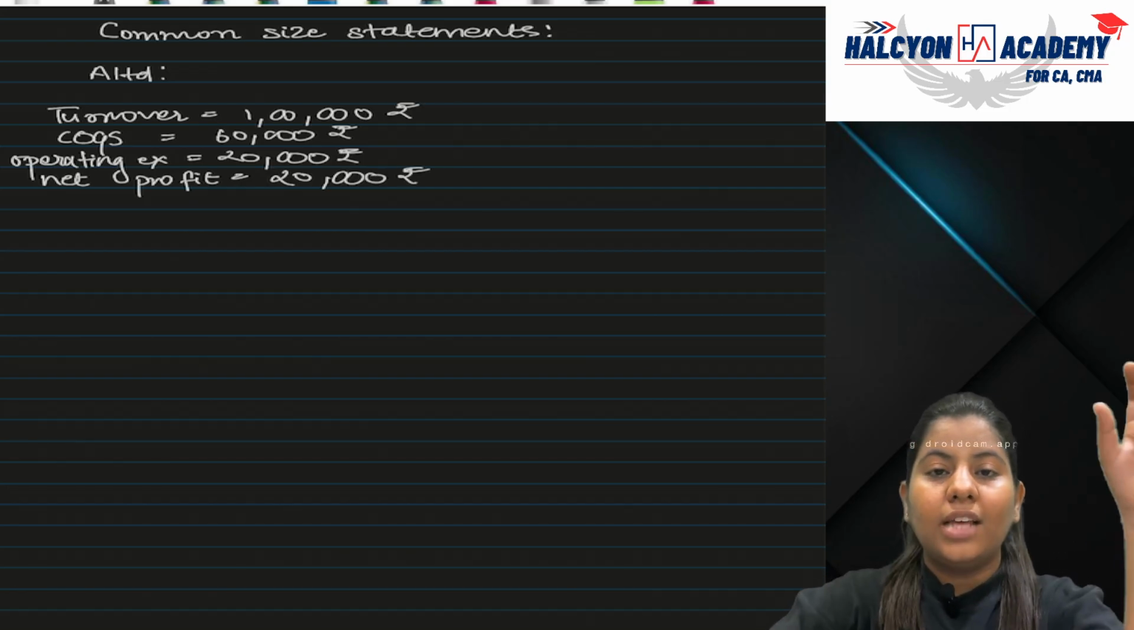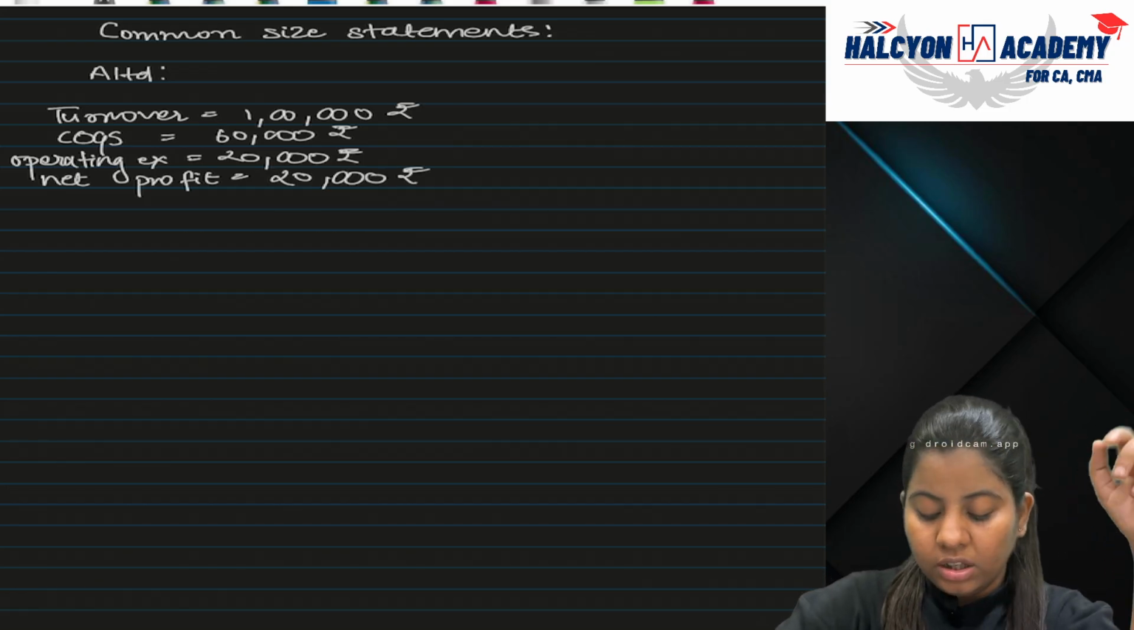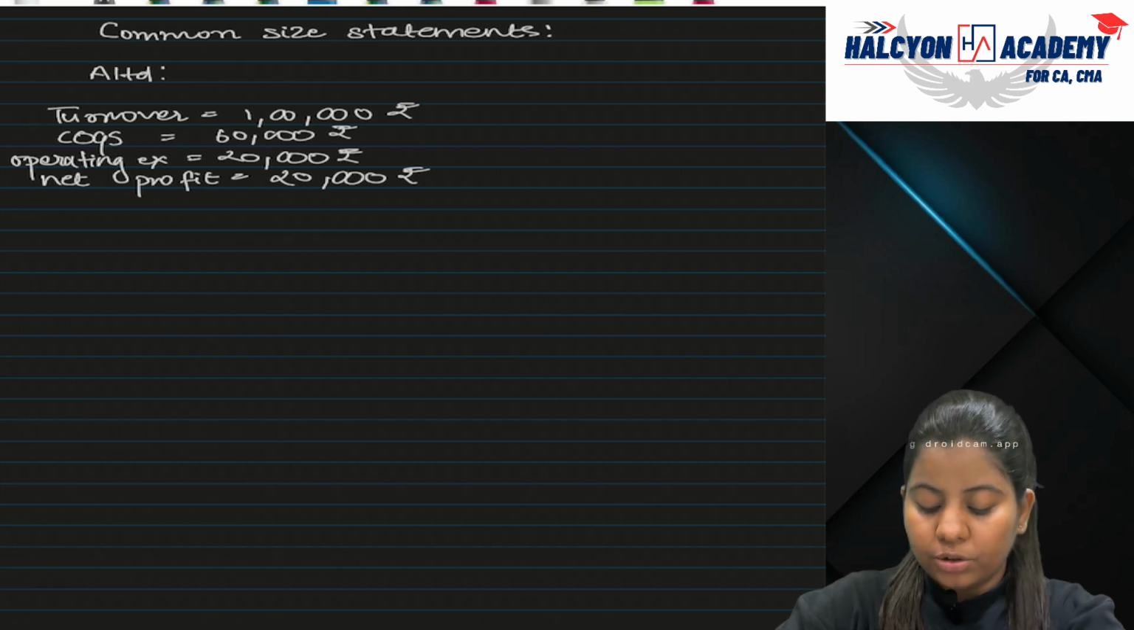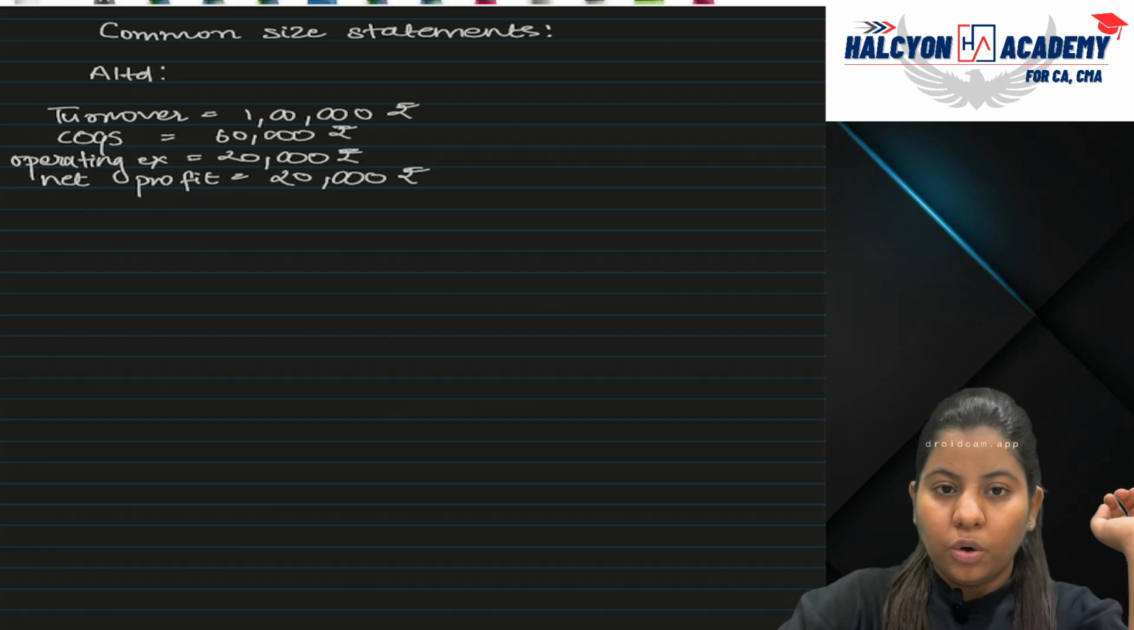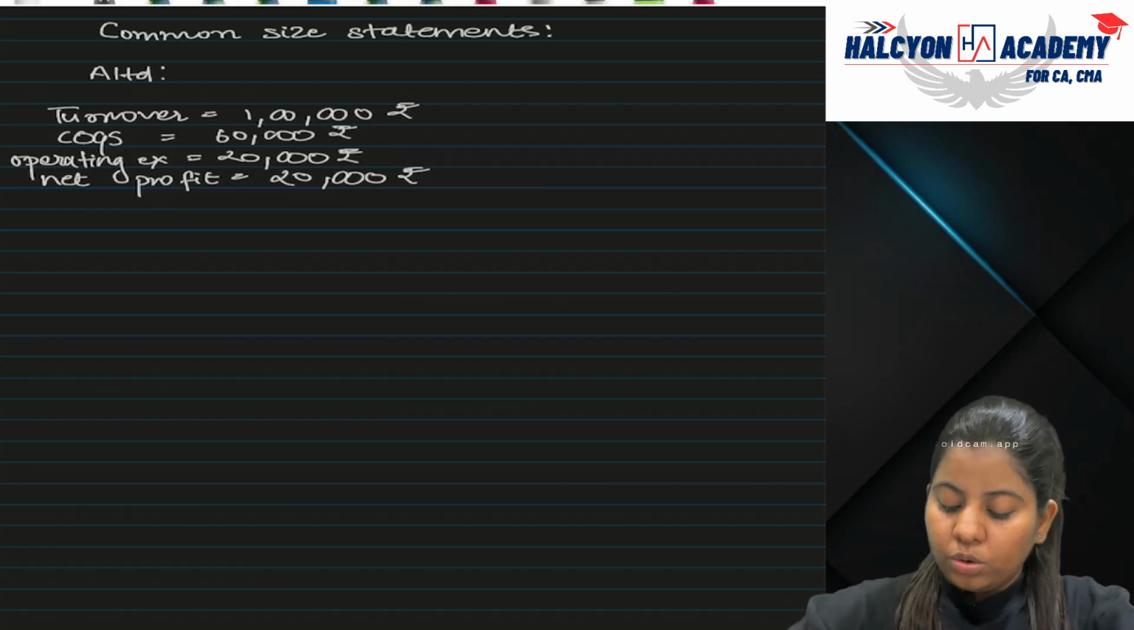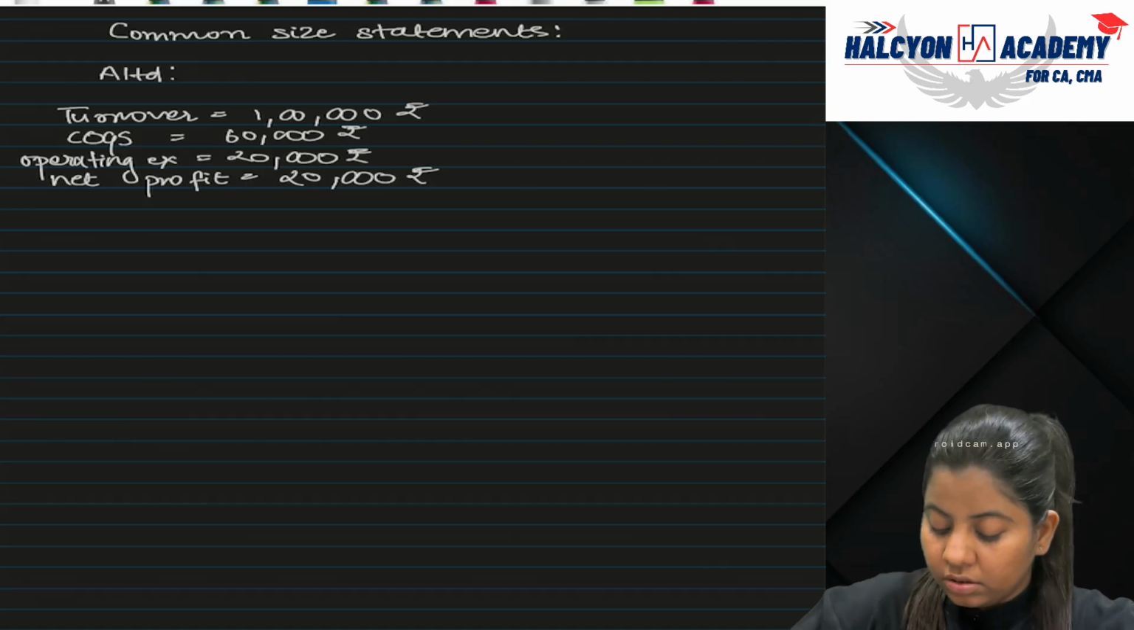So A Limited is having a turnover of rupees 1 lakh. Then cost of goods sold is 60,000 rupees. Operating expenses 20,000 rupees. And net profit again 20,000 rupees. Okay. So if you know that